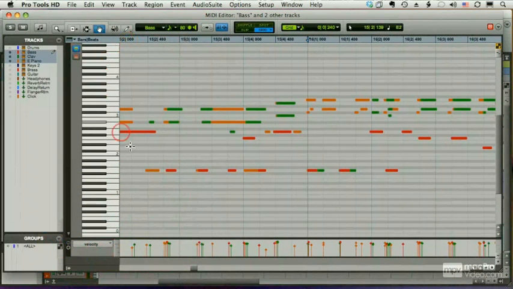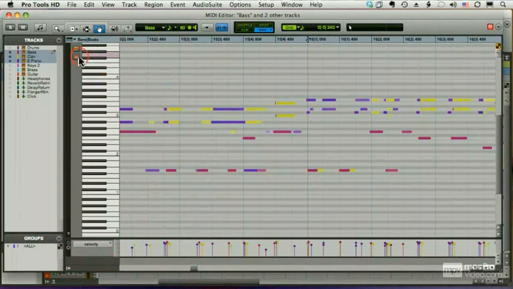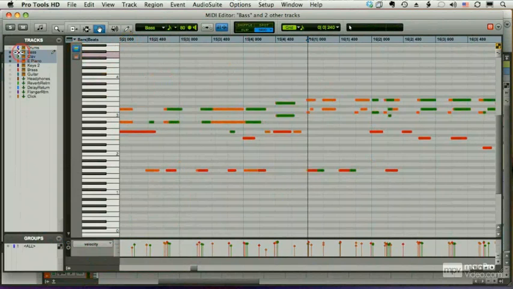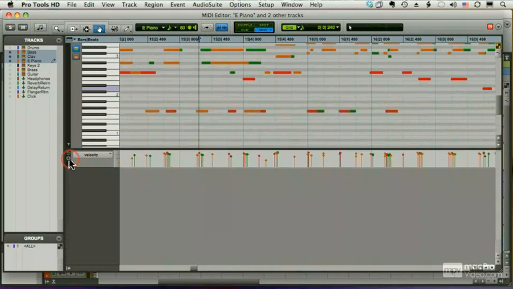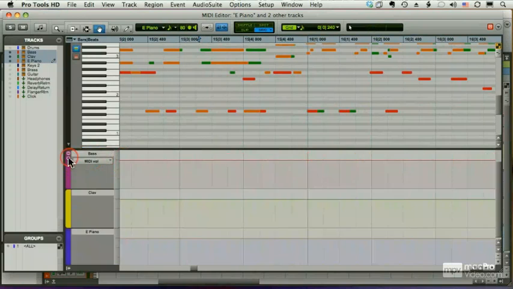I have an area for notes that I can change the colors of, just like I could in the split window. I can choose tracks. I can decide what track I'm editing by clicking the pencil or by choosing from my list here. I have my tools up here, solo and mute. I have my own dedicated grid, and I have a controller area that I can resize and add additional automation lanes. Now, one thing I didn't mention is that when you add a new type of lane, let's say I add MIDI pan,